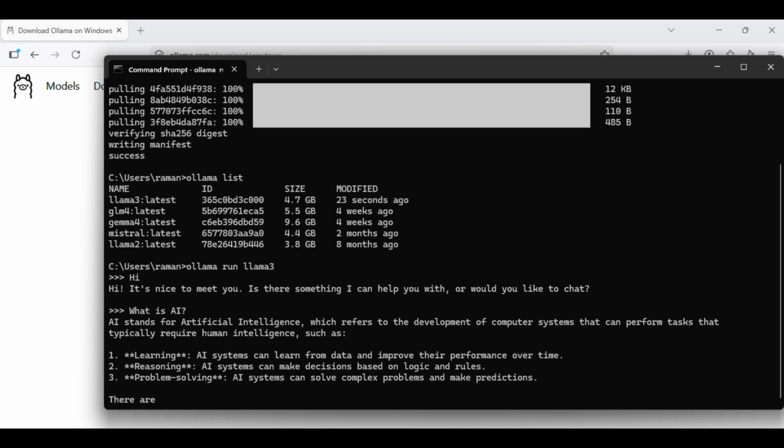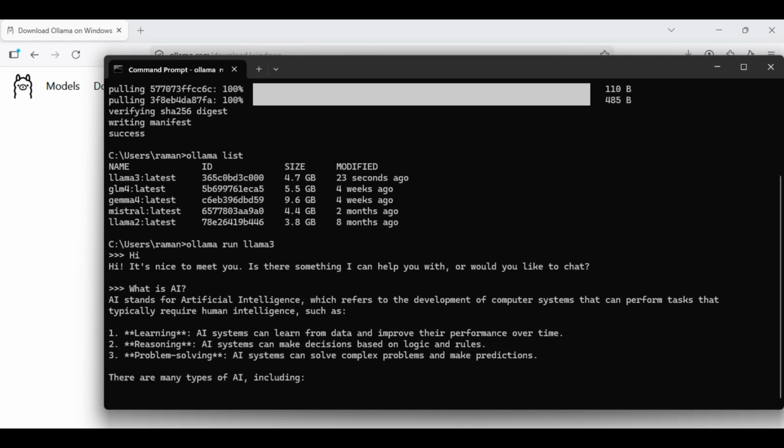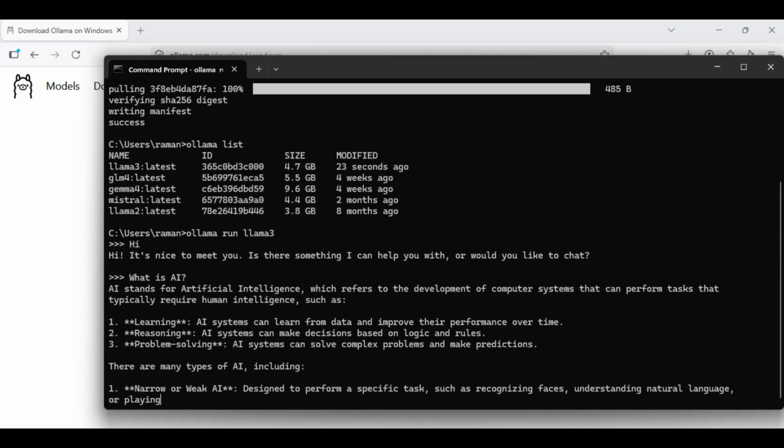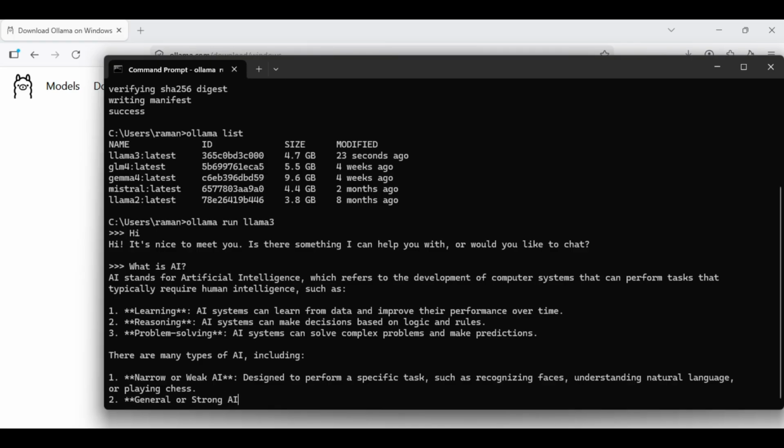Now we have to write a Python program. Once the Python program is created, then we'll check how to link it with that Ollama server, and then how to link with that Llama models. Okay,